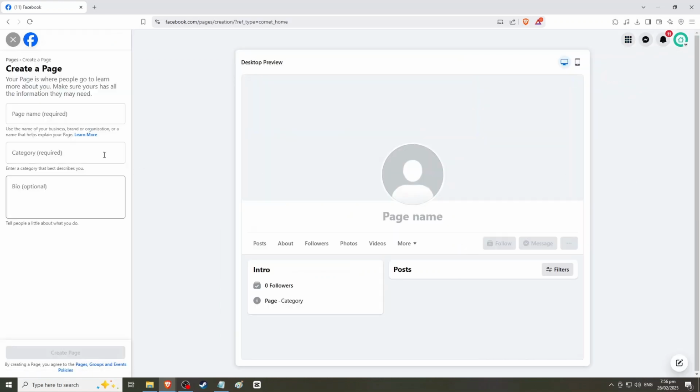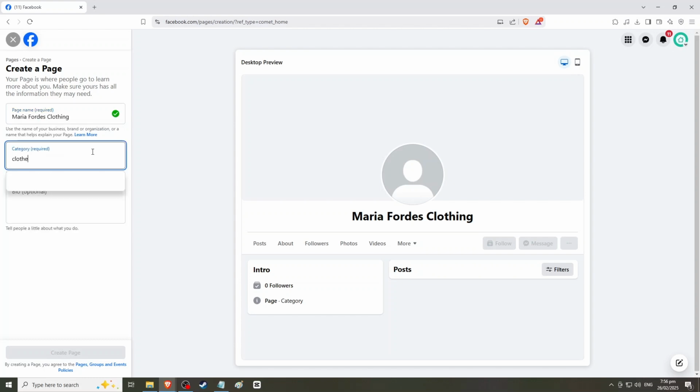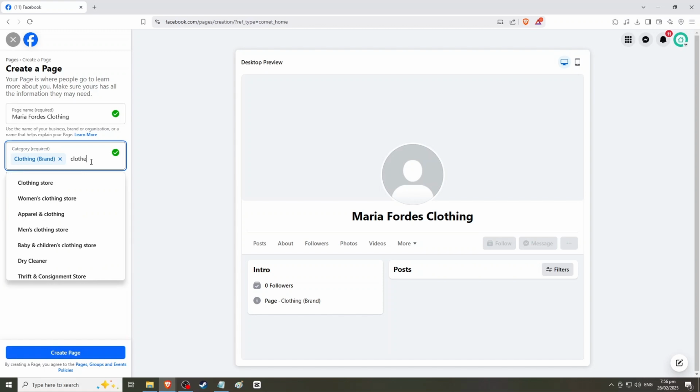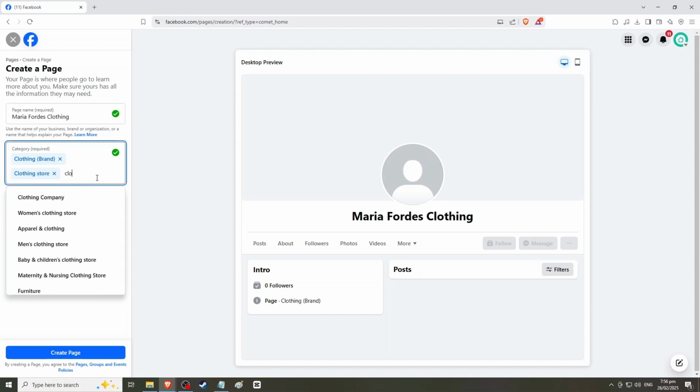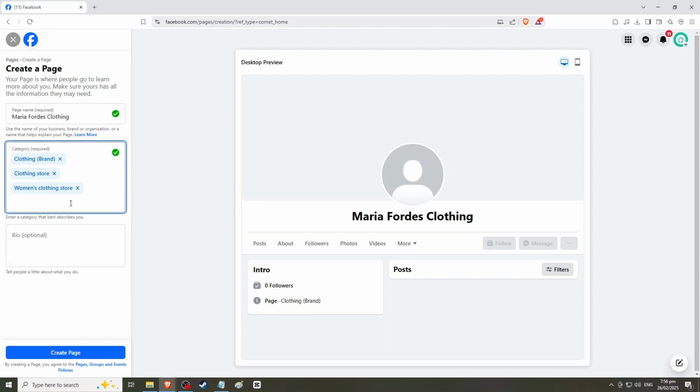Now that we are in the Page tab, it's up to you how you want to set up your page. There is a page name, which is required. There is also a category of the page, which is also required, like I do, where it is all about clothing. There is a bio section, which is optional, but I prefer you make your page look reasonable to visit and fill out the bio text box. But it is still up to you if you want to. After you fill out the forms, just click the Create Page button at the bottom left of the website screen